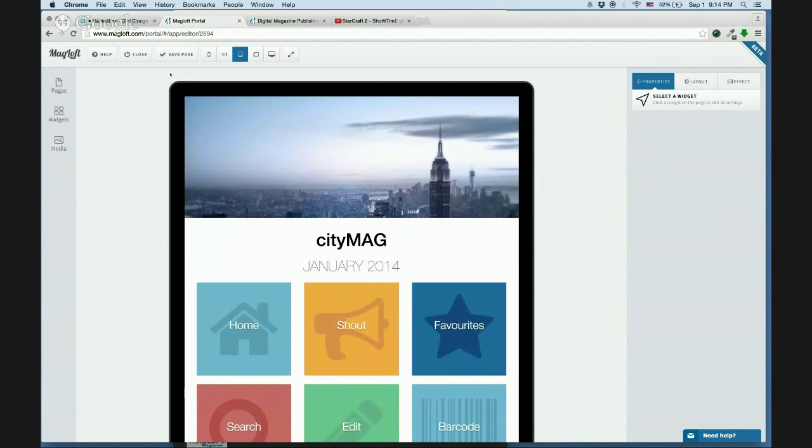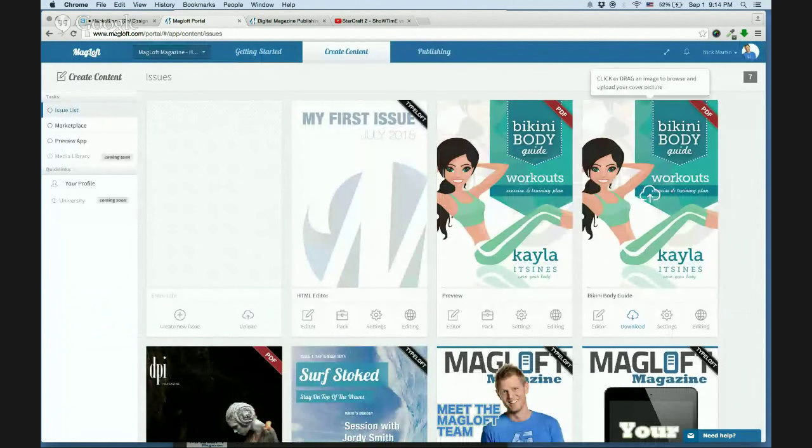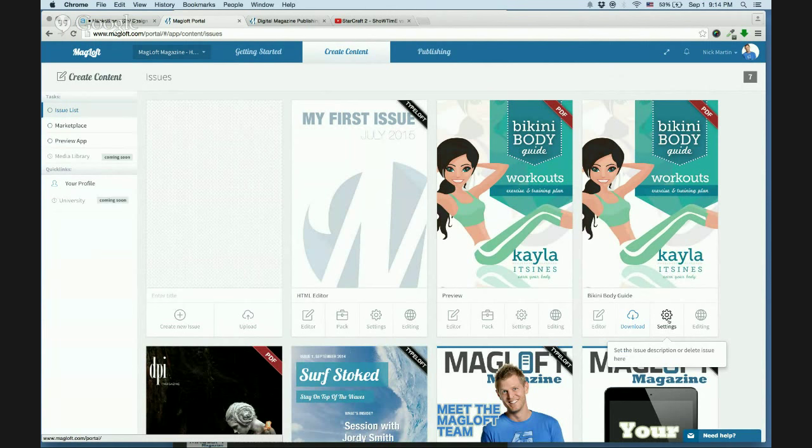So I'm going to save this page and I'm going to exit again to the editor. So now you can see the PDF here that I had. It's now done. It now says download. That means that it is ready for the device. But you can see the state is still in an editing mode. And it says here, the issue has no published date or product ID. So if you go into settings,